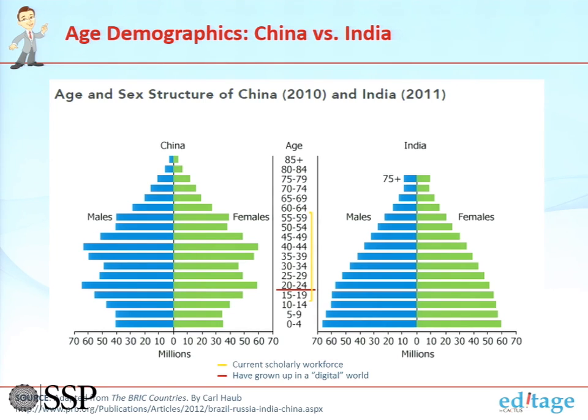So on the demographic aspect of things, if you just look at China and India, and these are data from 2010, 2011, the demographics of China is a relatively older population, where the demographics of India is really bottom heavy. There's a huge digital population coming up that is getting quite affluent. So the red line is an estimate of everybody who grew up digital, and that red line is obviously going to grow up throughout the chart. But it shows up yellow. It's actually sort of green, or supposed to be green.